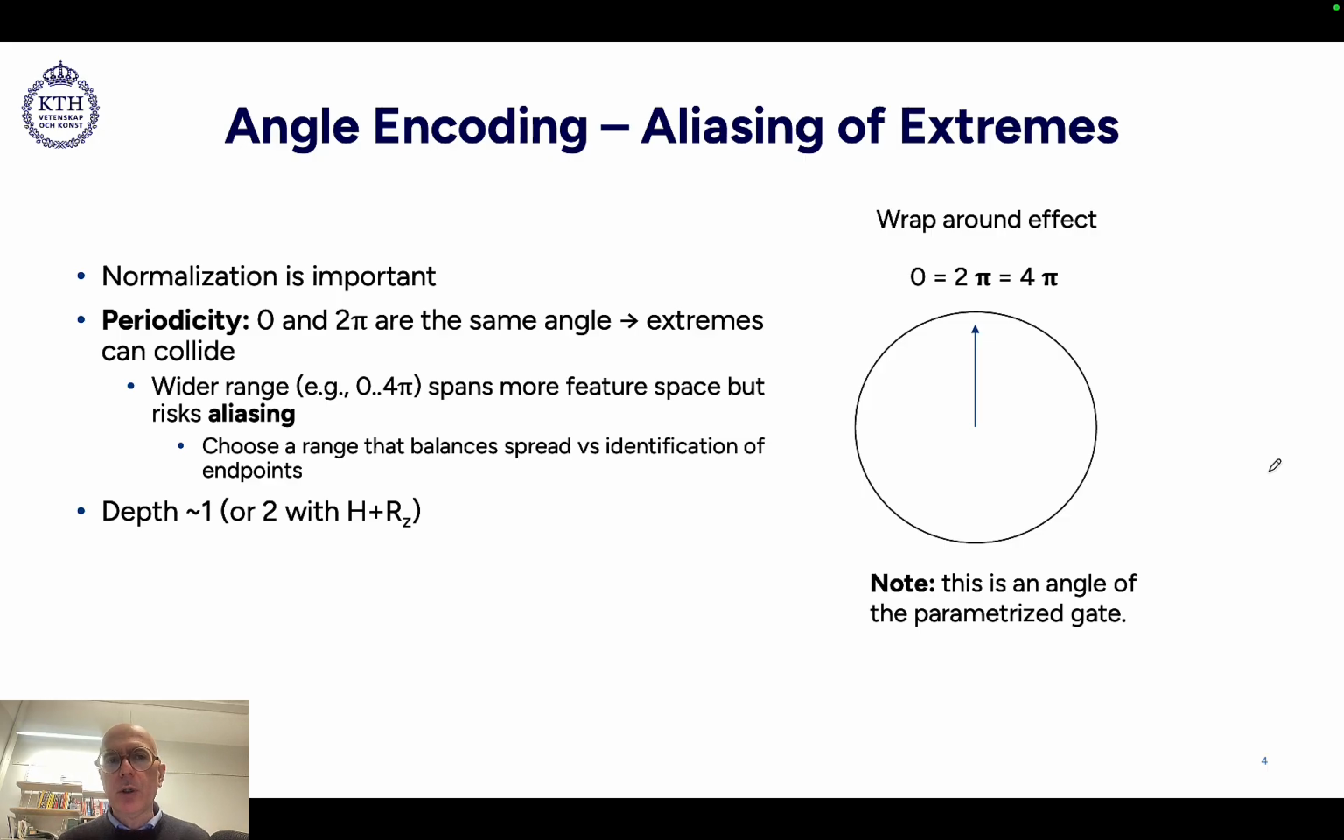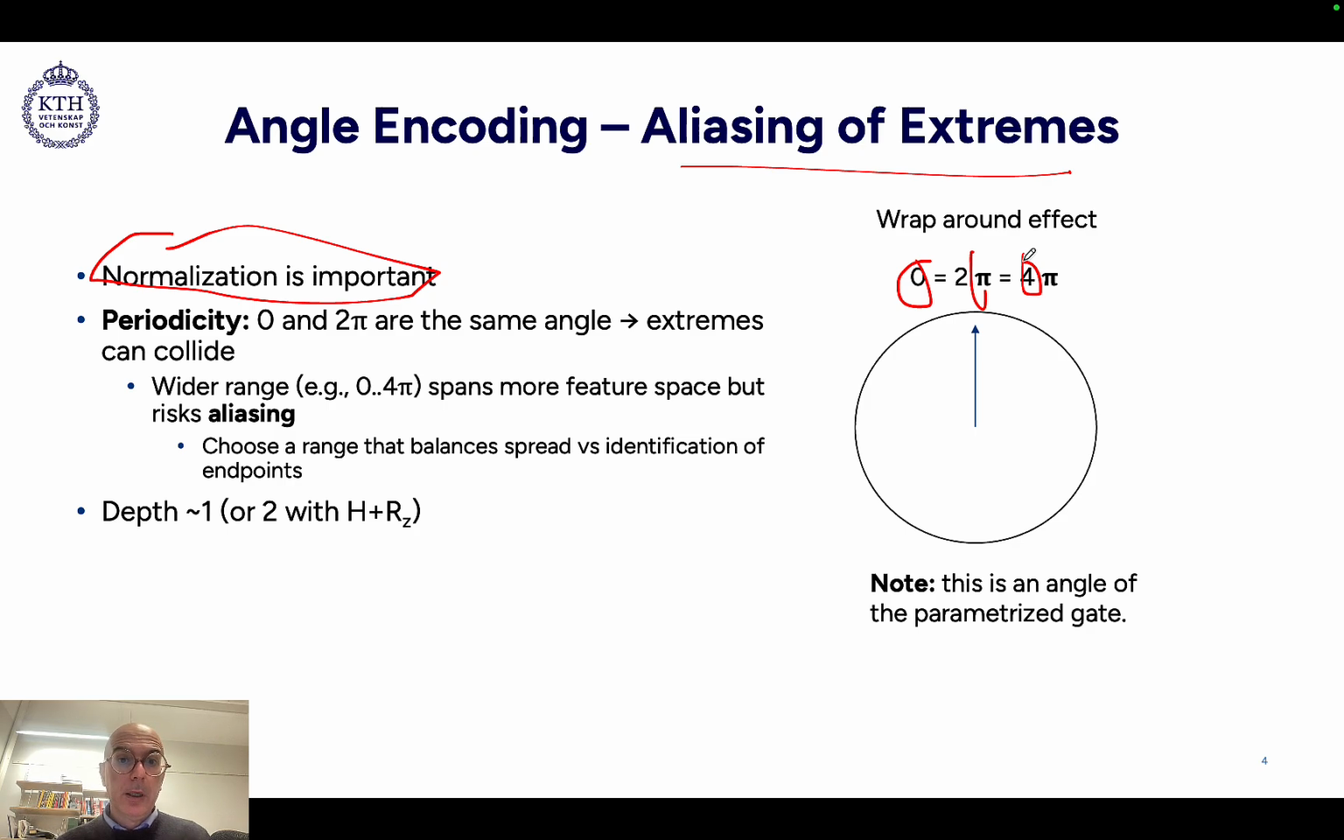Well, an important issue about angle encoding is that normalization is very important, because we are dealing with rotation and we are encoding our data as a parameter of rotation, so this rotation displays periodicity. What it means is that 0 and 2 pi are basically the same angle, and therefore they're going to map to the same quantum state. This is also called aliasing, because you can see that 0, 2 pi, but also 4 pi will be mapped basically